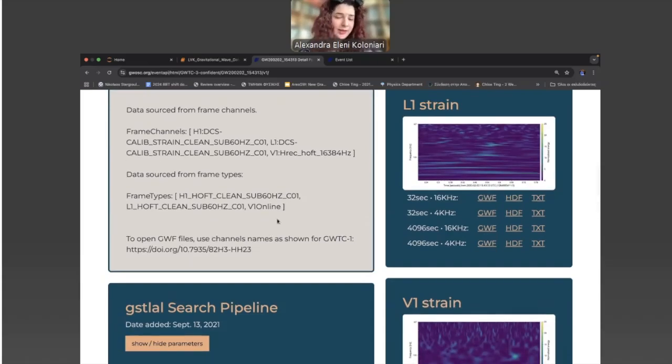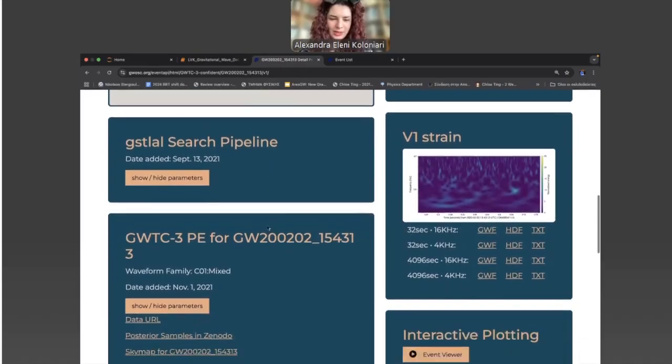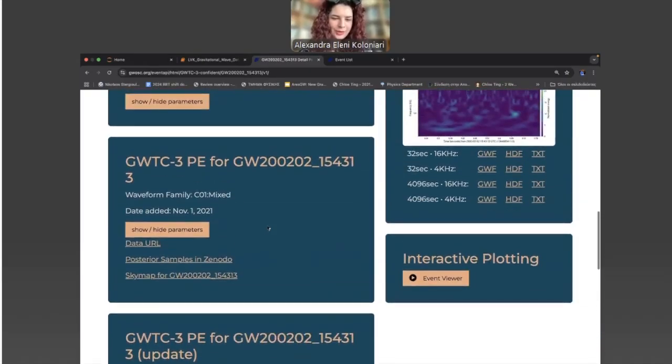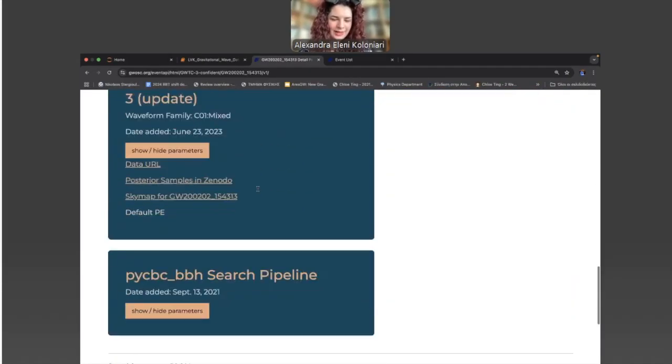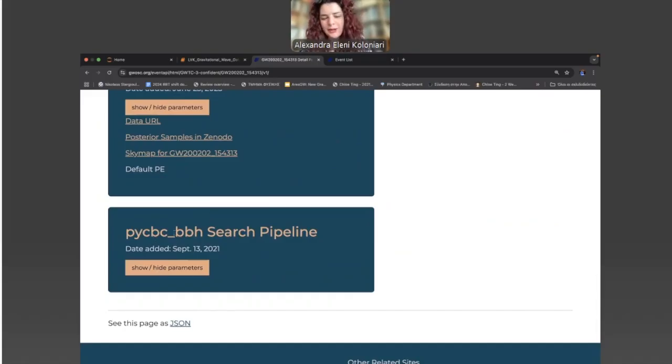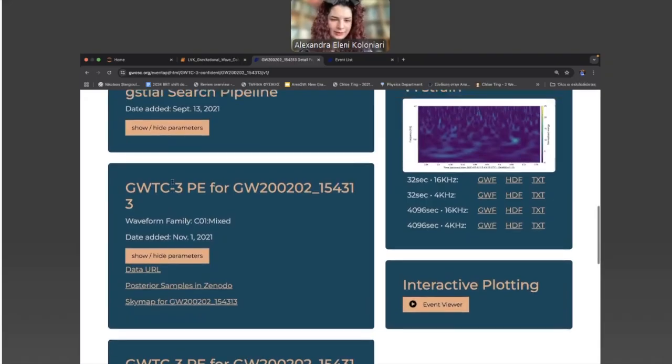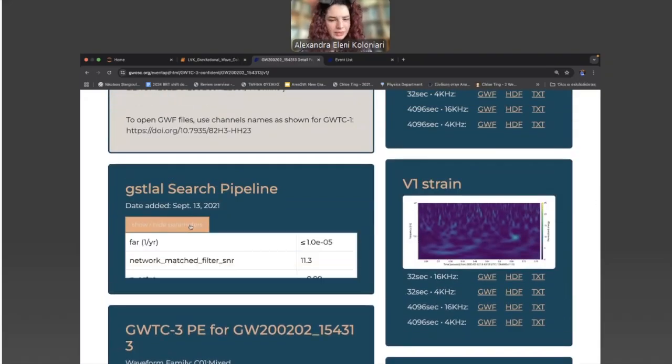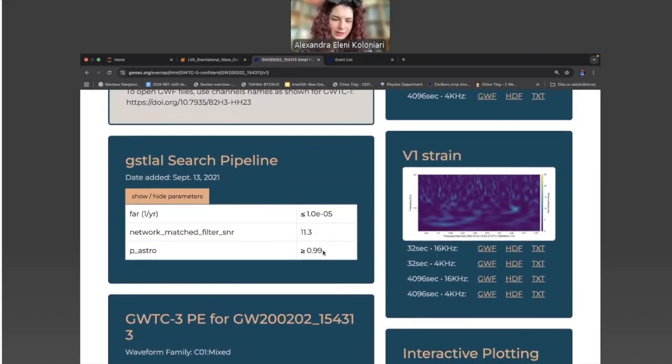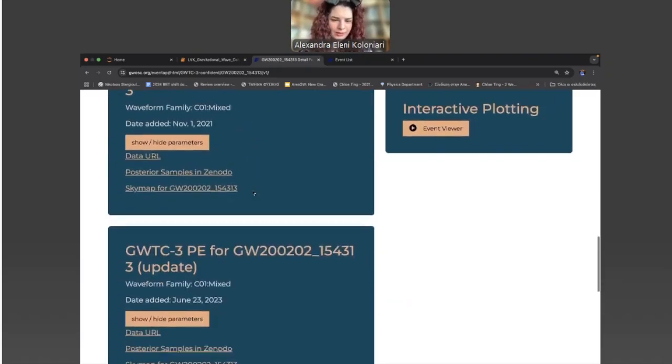You can also find the pipelines that did detect that specific event. For example, here only GstLAL and PyCBC binary black hole search pipelines did find that event, did see something. That specific event was detected with an astrophysical probability greater than 0.99 for that specific pipeline.